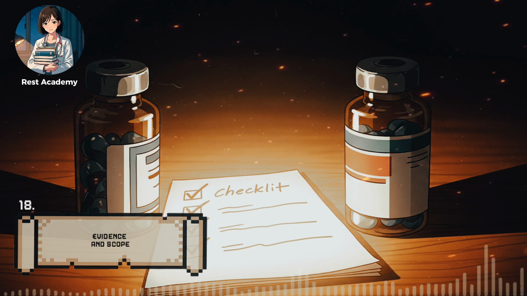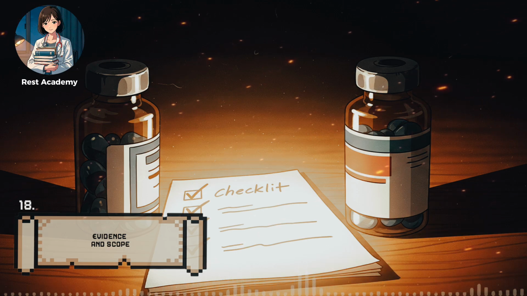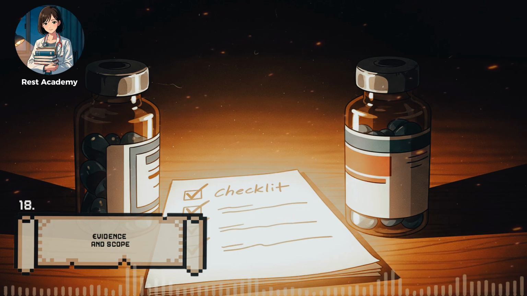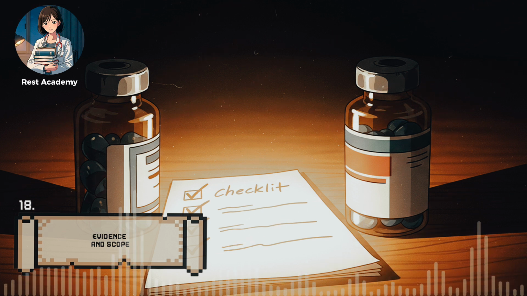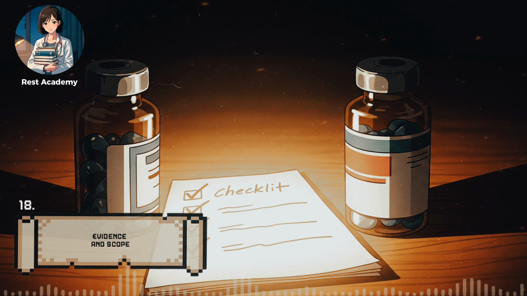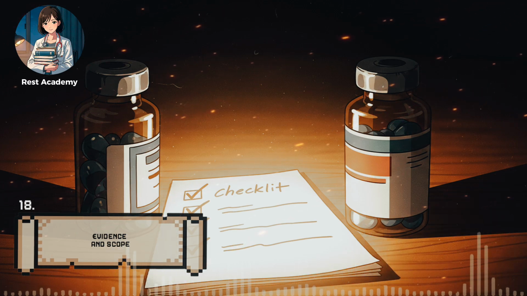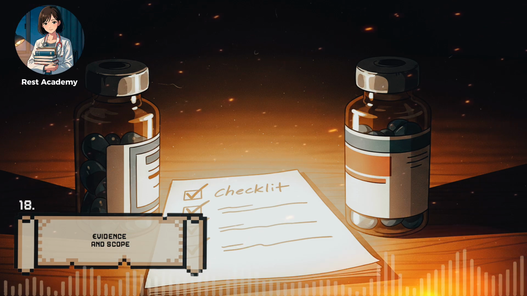Polypharmacy complicates decision-making. A patient may already take several medications, and adding one more risks interactions. Each new addition must be justified not only by its own indication, but by its compatibility with the existing regimen. If two drugs overlap in mechanism, such as dual anticoagulants, bleeding risk rises. If they oppose one another, like beta blockers and beta agonists, effectiveness falters. Rational prescribing means pruning unnecessary drugs as much as adding needed ones.